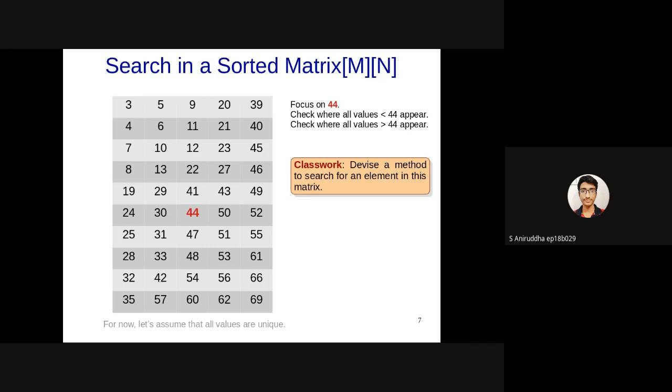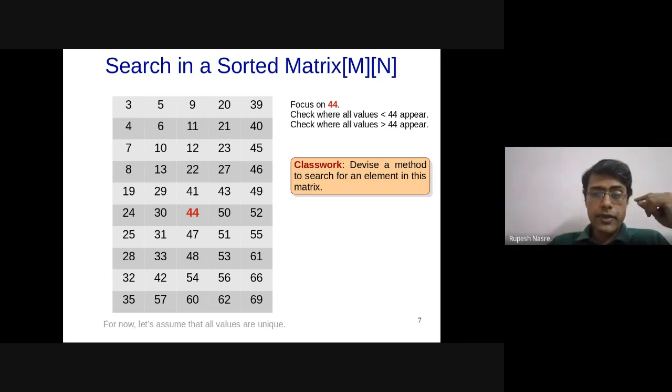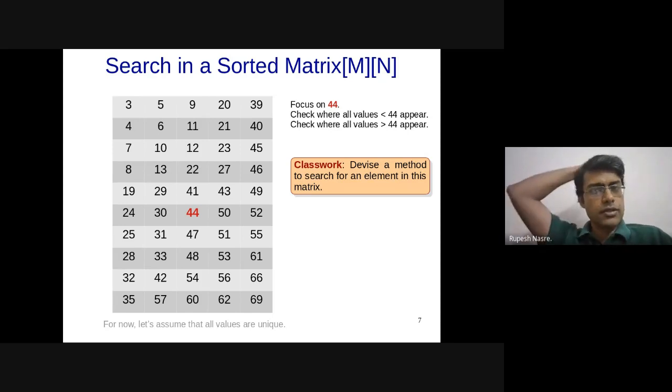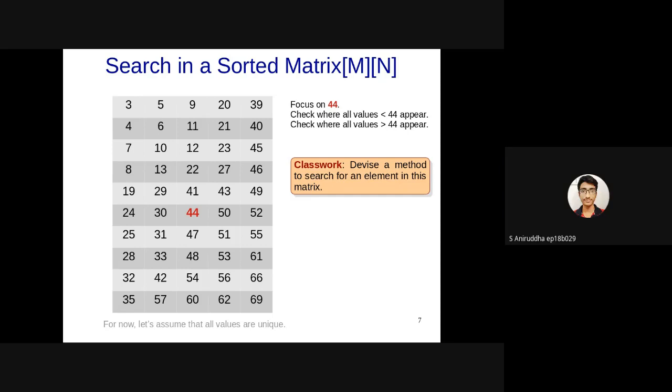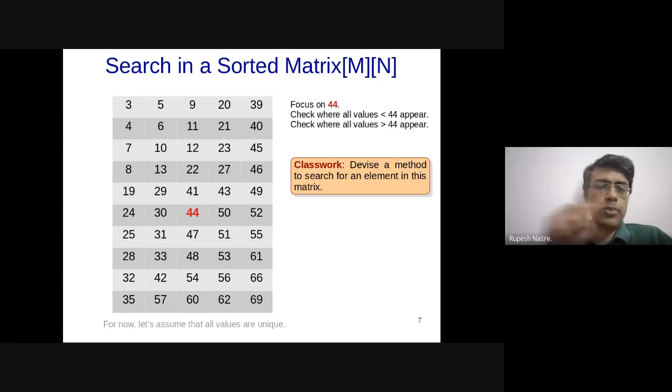So the maximum number of steps we will take is that we go one at a time towards the left and then one at a time towards the top. So it will be something like m plus n. Yeah, that will be true, provided we are searching in only one quadrant at a time. So this is not getting guaranteed. The algorithm that was given, I think, by Nischal, was that you start from the lower left or upper right. That will make sure that you reach in m plus n.